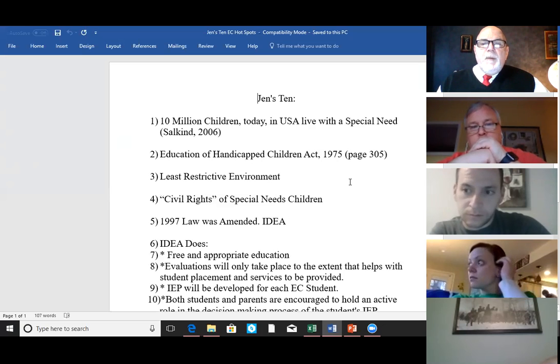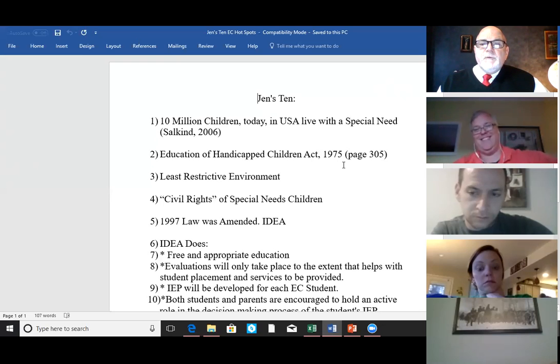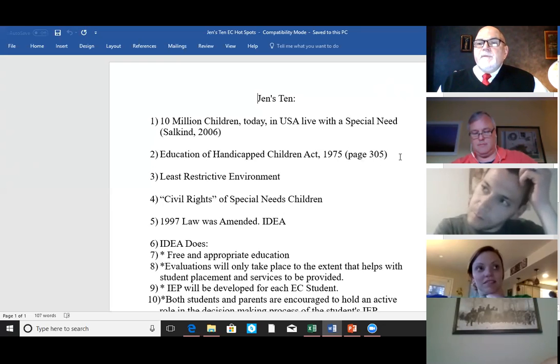You should know about Public Law 74-192, which is Education of Handicapped Children from 1975, specifically that document. Look at page 305. But this is Public Law, was it 94-142? Yeah, it's 94. Public Law 94-142 is the one you need to look at. That's what started the modern era